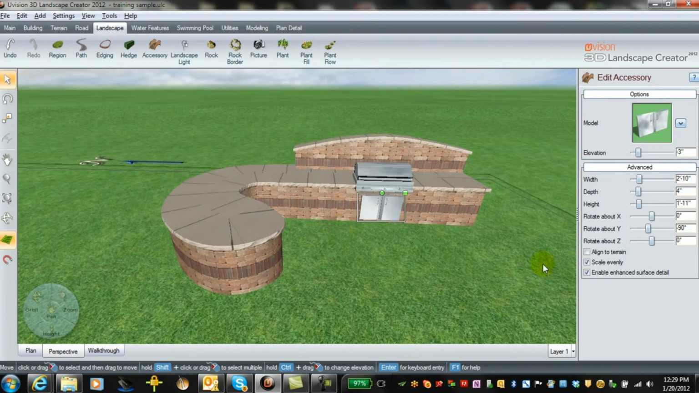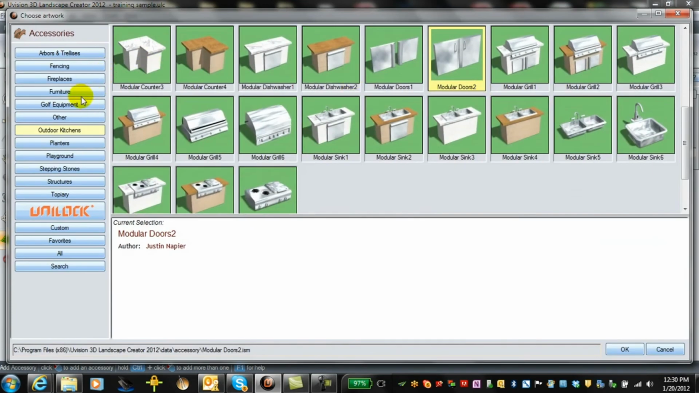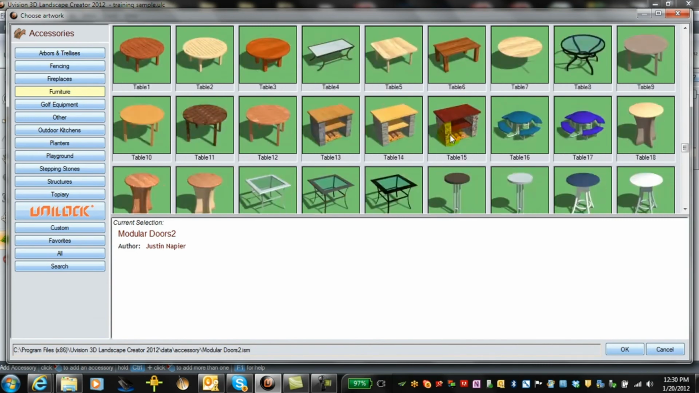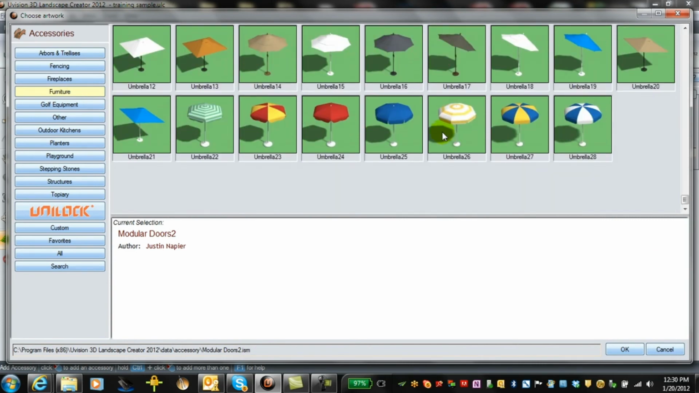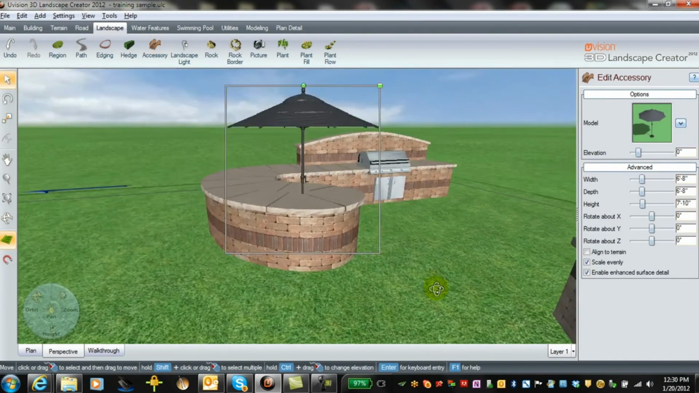Another cool thing you can do is you can, with an island like this, if you go back to our accessories, and if we go to furniture, there is, I believe, an umbrella section. You can add an umbrella to your grill island